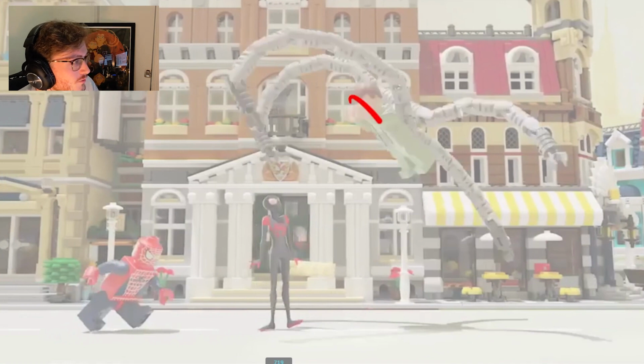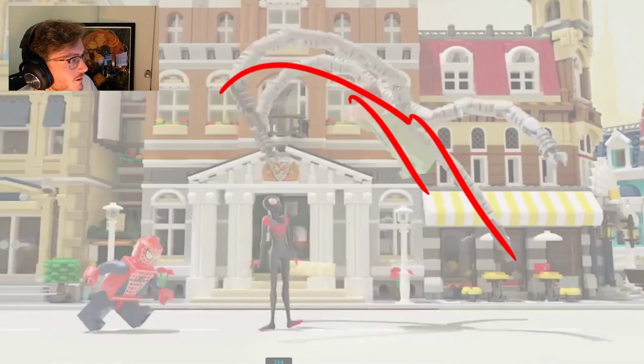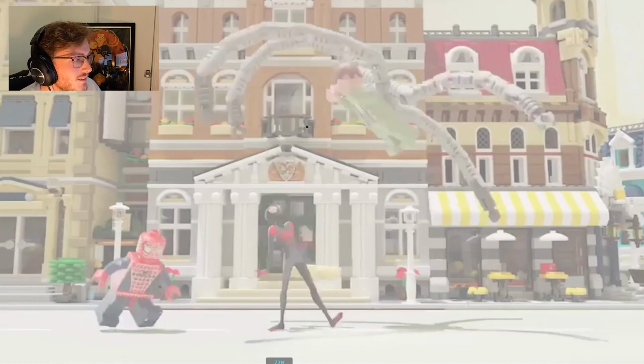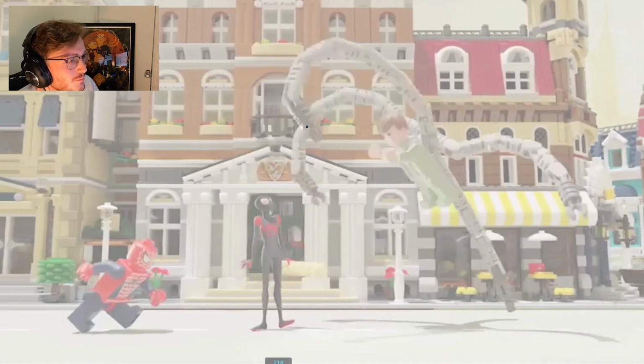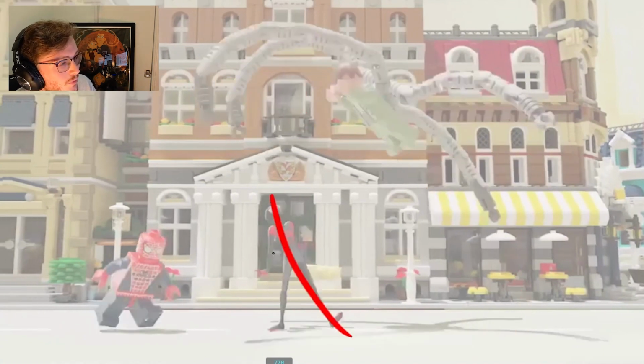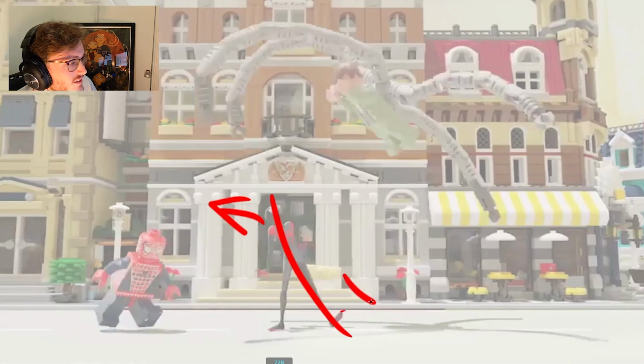So then he pushes off, and you can see that we got this nice arc of direction here. And I love, this is very Miles, where it's kind of cartoony, but I love how he kind of goes off. Both his feet kind of tiptoe at this point here. And I like how his foot then leads the action, but his weight goes back. So now he's staying on balance.